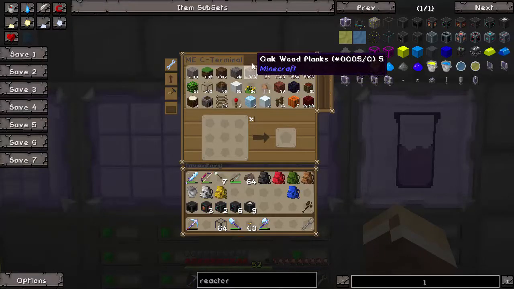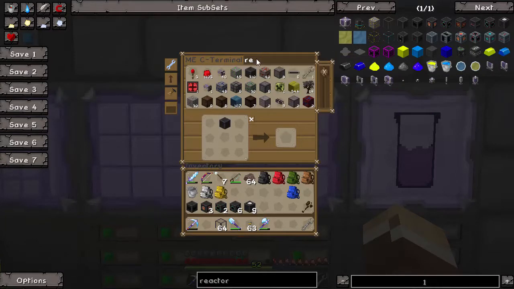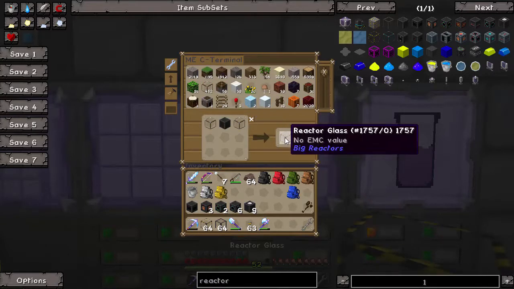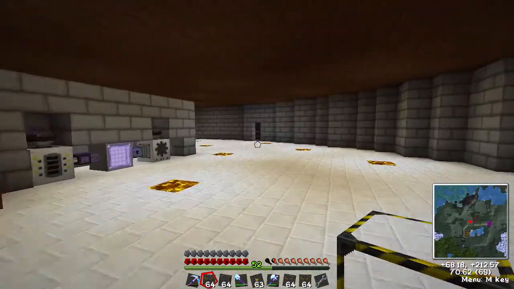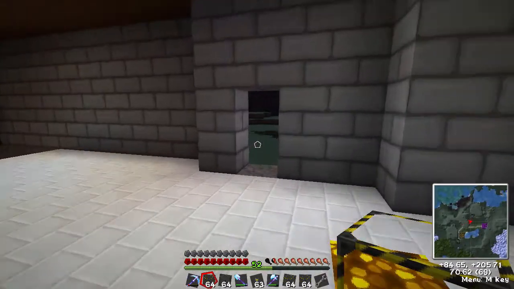So we need reactor casing in the centre, glass on the outside. What did I say, about 4 stacks, didn't I? Yeah, there's enough there now. So 1, 2, 3, 4. Okay, that's good. We have a few spares there if we've miscalculated. I'm pretty confident though. Alright, now